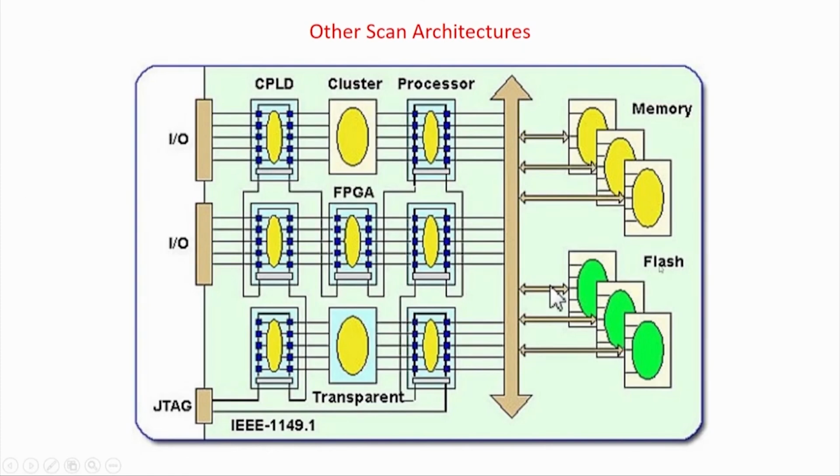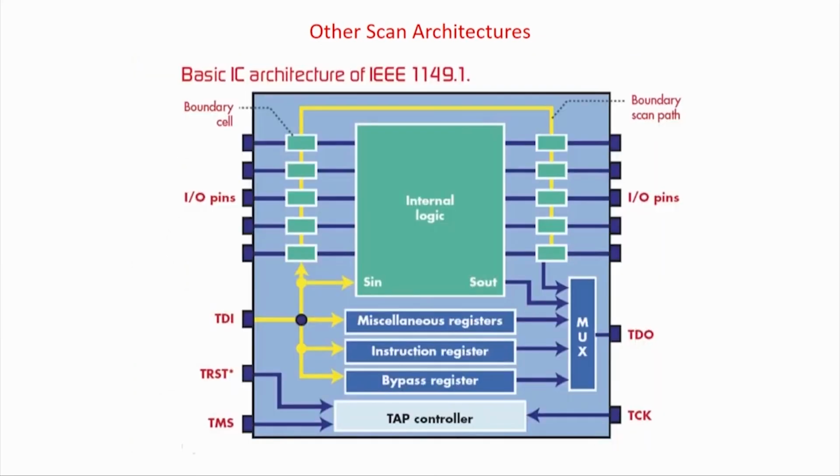Say, for example, there is a big circuit board, like your motherboard. In this case you see so many processors, so many ICs. This pin I can control, this pin I can control, if this chip is separate as a block. But now say all the chips have been put on your motherboard and some faults develop later. How do you test it? You cannot take this chip out and test it. So rather, there is the concept of boundary scan,